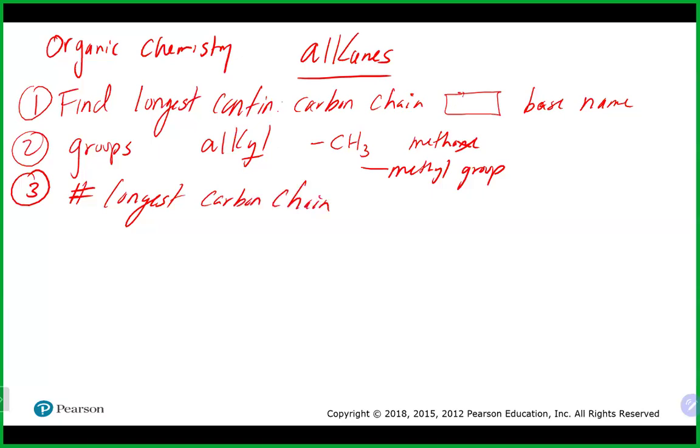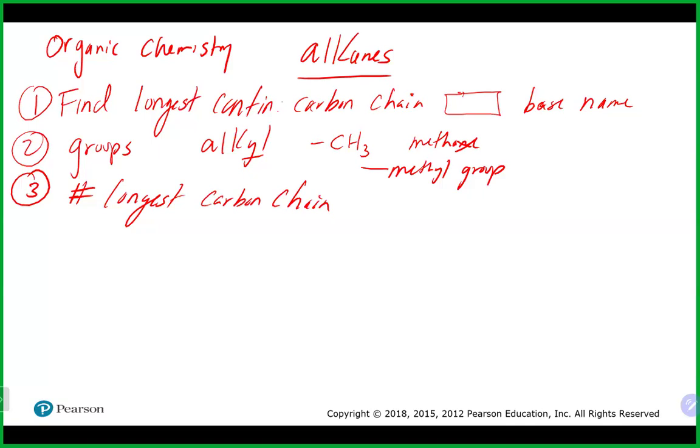The idea of numbering the longest carbon chain, in the case of alkanes, is that the goal is to give the groups that are attached the smallest numbers. That is the goal in this type of numbering, to give those groups the smallest numbering. And again, it could go left to right or right to left. It's whichever way will give you that smallest numbering. And